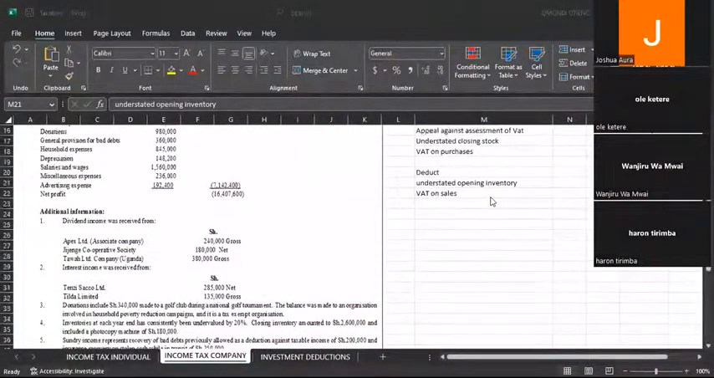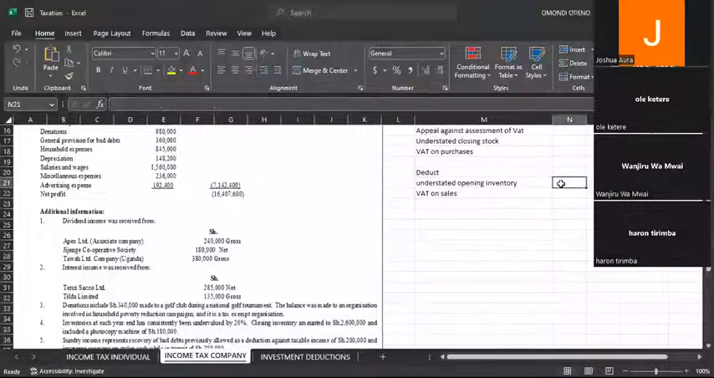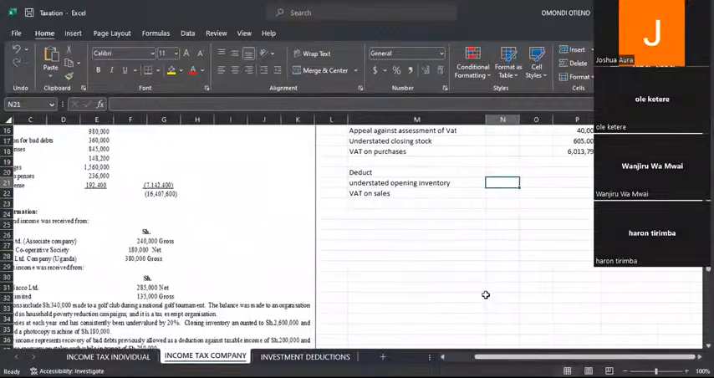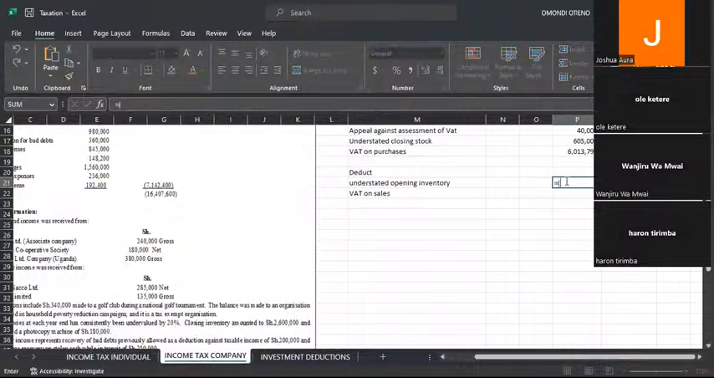Opening stock is 1,400,000, and whatever is given there is understated by 20%, which means the value presented to us is 80%. So if 80% is equivalent to 1,400,000, what are we going to have as the understated value? The missing 20%. So the missing 20% will be 20%, we divide by 80%,